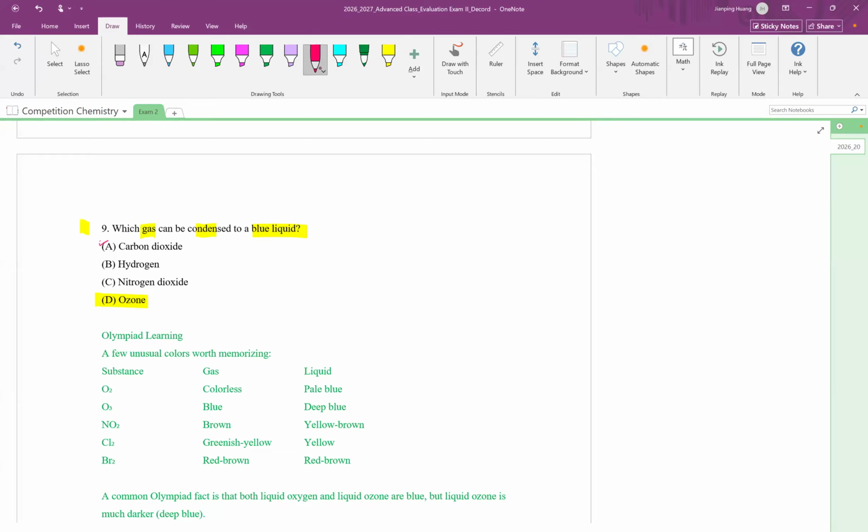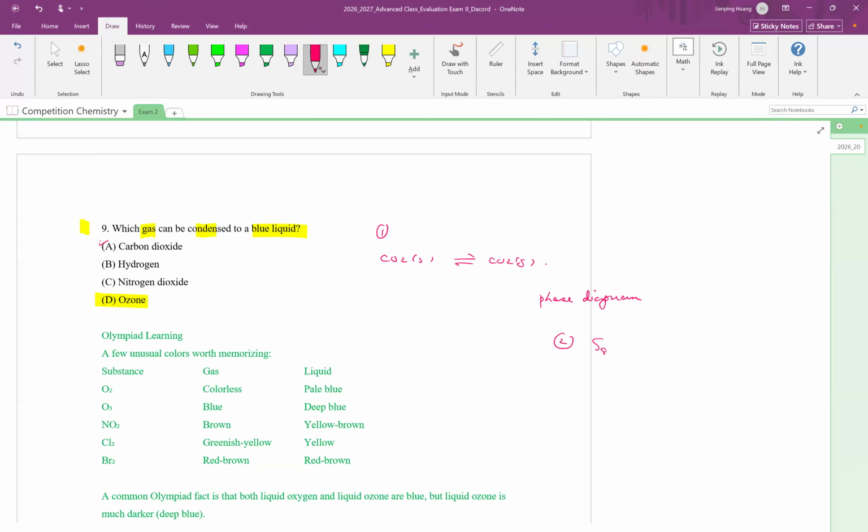However, carbon dioxide solid goes directly to gas, that is sublimation. Why? Everyone needs to pay attention to the phase diagram. Carbon dioxide phase diagram, you need to know 100%. That's the one. The second one,